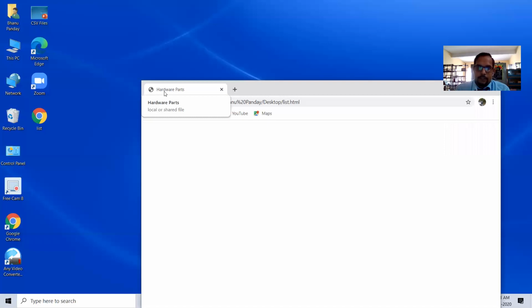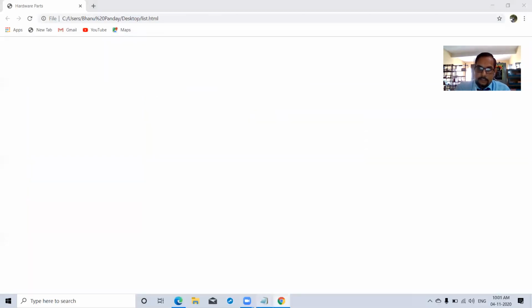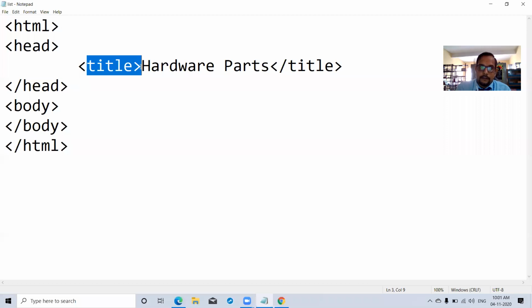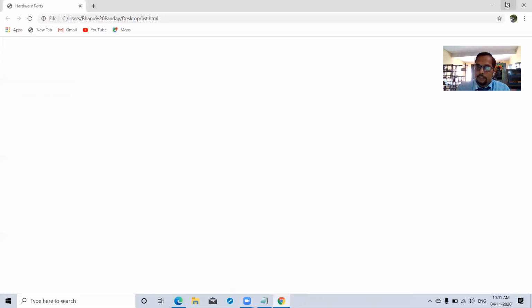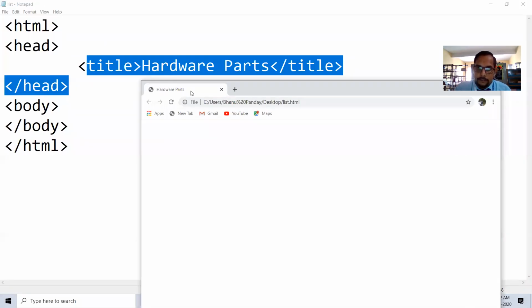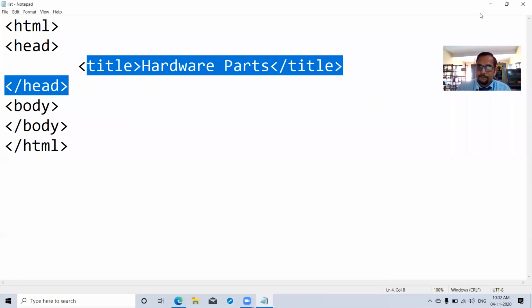But look at this part, which you can see here: hardware parts. This line is written with the title. I have written the title bar; the title of this page is hardware parts. That's why it is visible here.